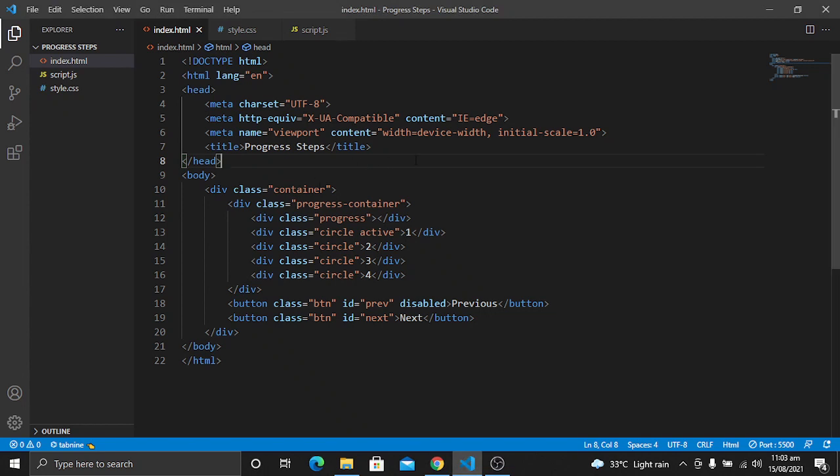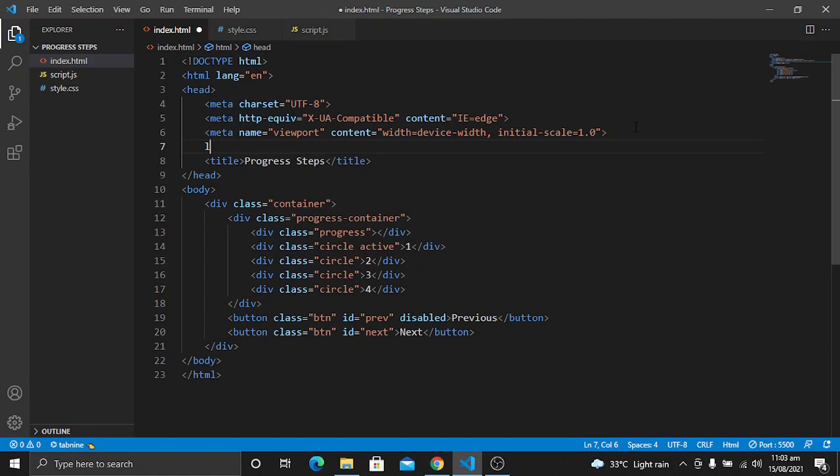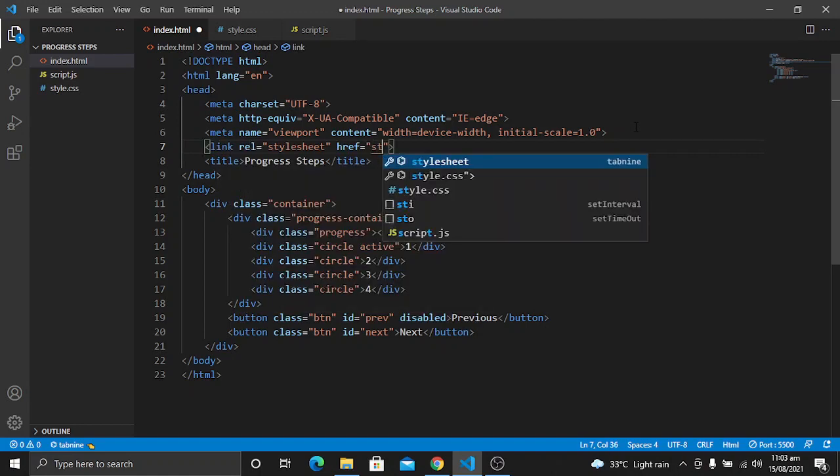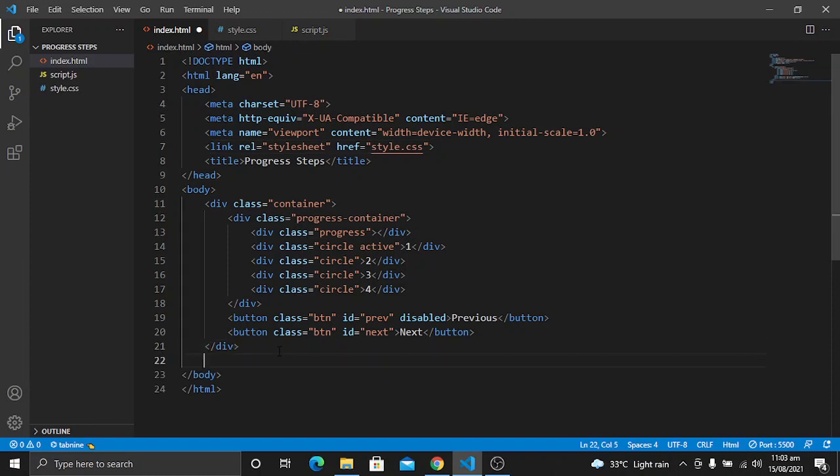So let's go to our CSS file. Before going to the CSS file, let's first of all import our CSS file, which will be style.css, and underneath, at the end of our HTML, I will import my JavaScript file. You can also import the JavaScript file in the head, but this is not a good practice.